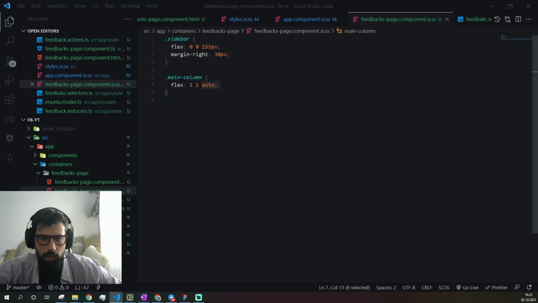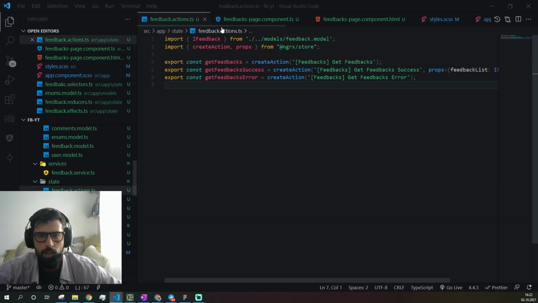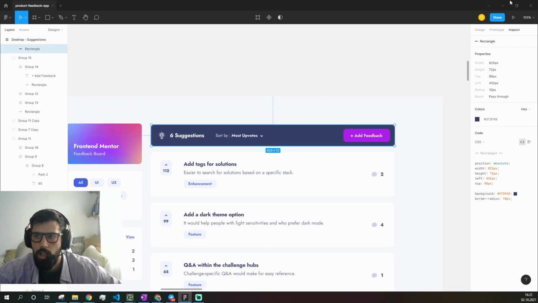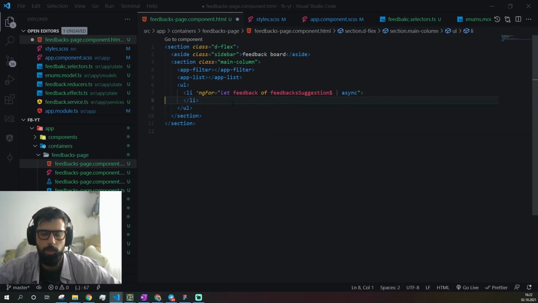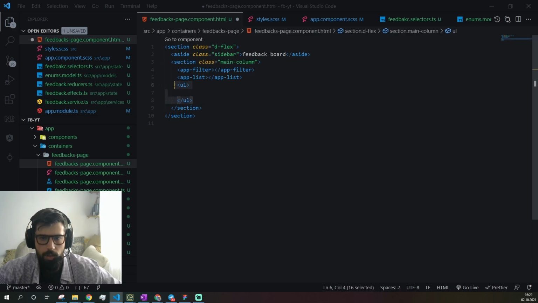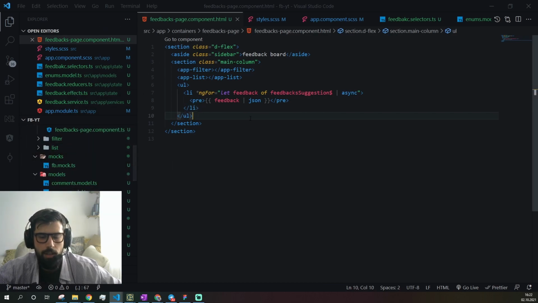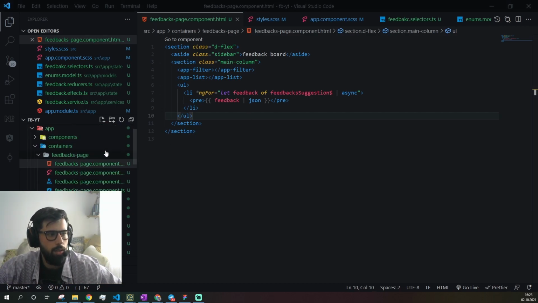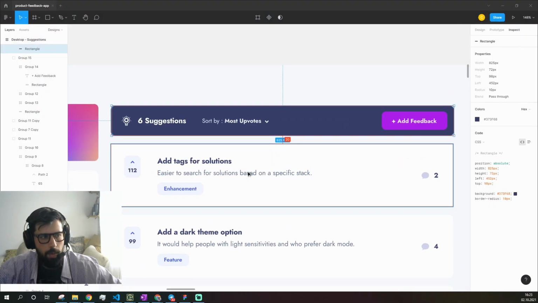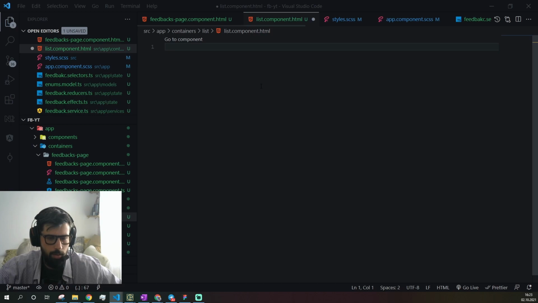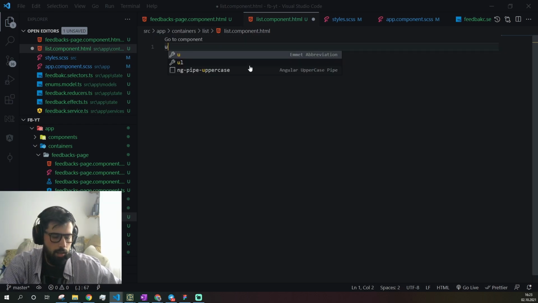So the next step which I want to cover in this video is how to print our feedback in such structure, because for me it was a bit unexpected how easy it could be, and that's why I want to share this with you. I was starting doing this by flex, and then I understood that it's a good example to do using grid, but because I do not have a lot of experience with grids,